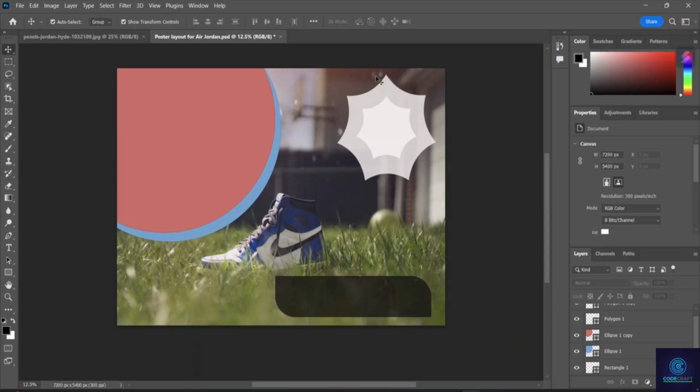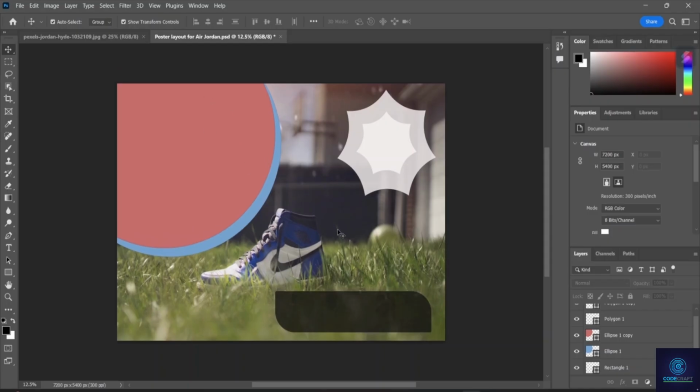So now I hope you guys are clear till this much, like what are the different ways that we can actually use these shapes, okay? Like different ways to use shape, duplicating the shape, putting color in that again, okay? Also changing the corner radius of particular shapes. Here I have shown you in the rectangle as well as in this particular shape here. So now let's move on to how we can actually use